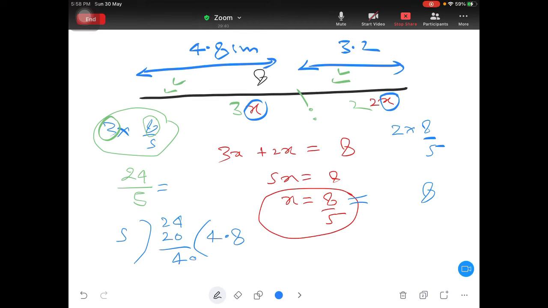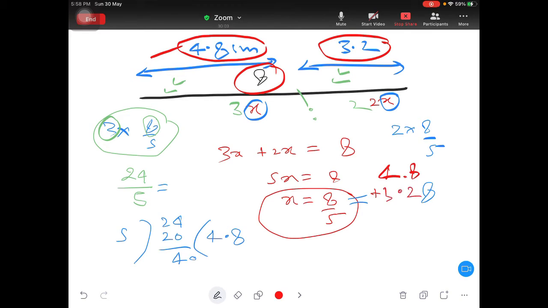Done. Did you understand how to find out? Now you can cross check whether your answer is correct or not. If you add this line and this line, it should give you how much? 8 centimeter. Yes. Clear? So if you add this 4.8 plus 3.2, are you getting it? So this 8 and this 2 will give you 10. So 0 here, plus 1 is extra. So 4 and 3 and 1, 8. Yes, it's correct. Now we can go for a fresh topic in geometry.